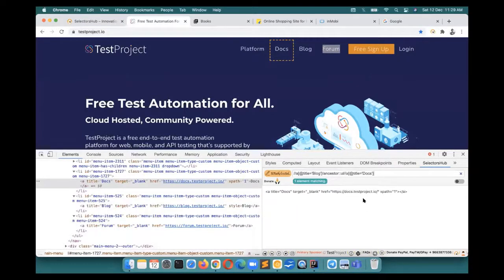So basically it makes your process literally fast. Imagine if you are writing this kind of XPath in Google Chrome DevTools or any browser DevTools, how tedious it will be, how much time wasting it will be. Or some people used to write here in the console with $X.